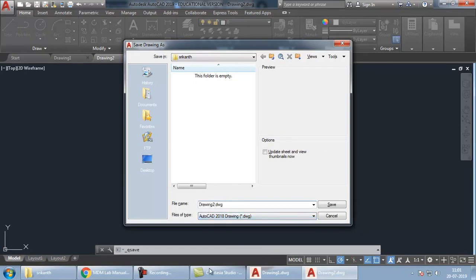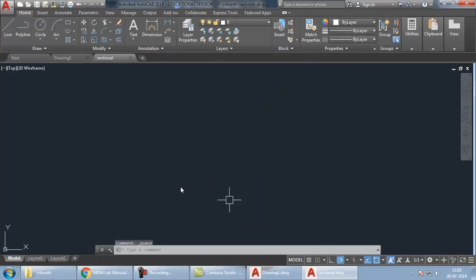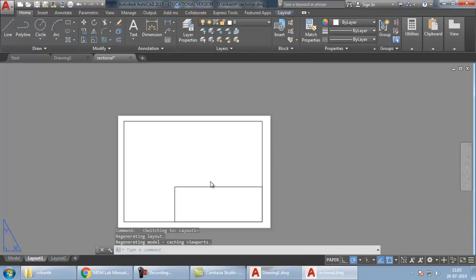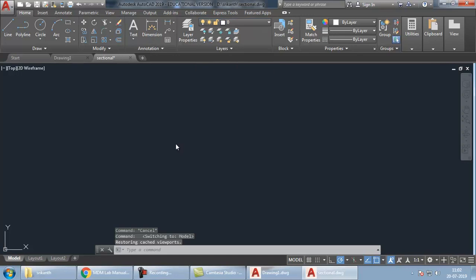I'm just saving it as a 2008 version file. I can give it the file name, whatever experiment I'm doing. For example, I'm doing a sectional view in this lab, so just give it as sectional view. Start drawing. Layout is there, title block is there. You have to draw it, of course. When you're saving the template, you have to draw it and save it. The template is there along with all the layer settings, text style, everything has been set. You can just directly start making your drawing. This saves a lot of your time. Thank you.